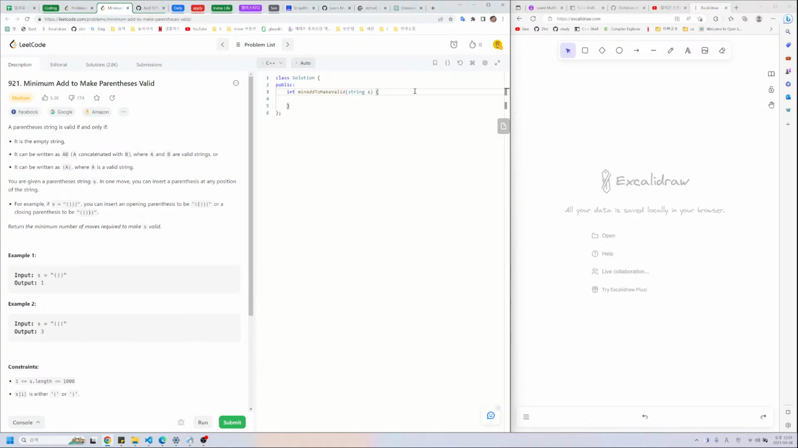You are given a parenthesis string S. In one move, you can insert a parenthesis at any position of the string. For example, you can insert an opening parenthesis or a closing parenthesis. Return the minimum number of moves required to make S valid. So example 1, this is 1, this is 3, right? I guess this is